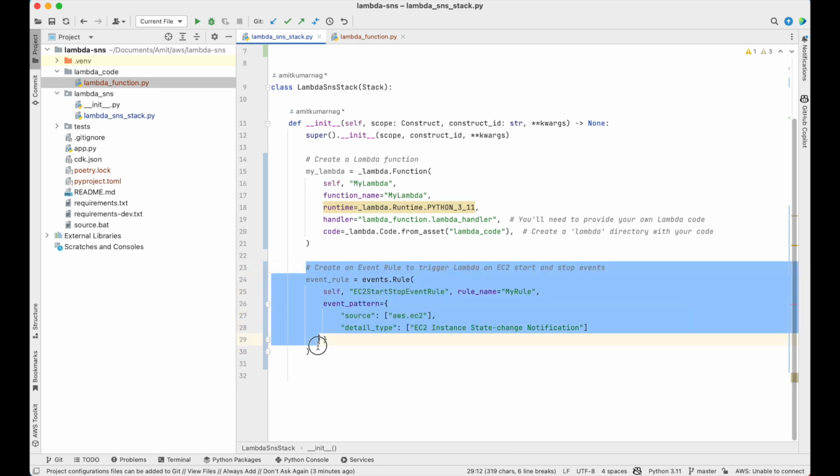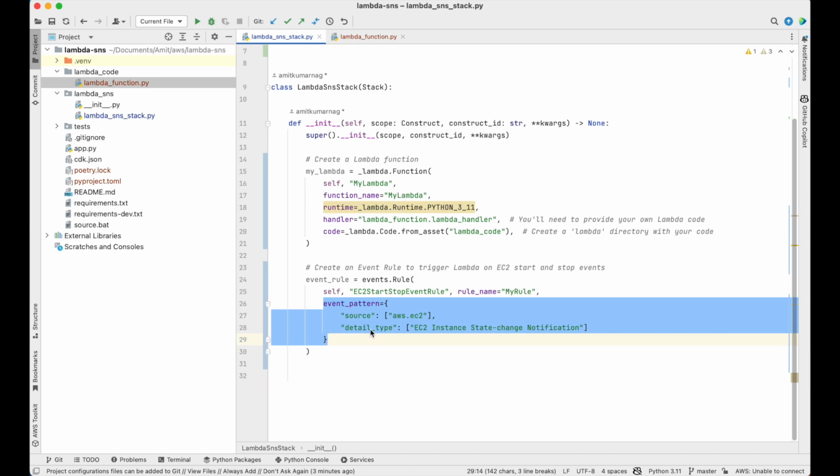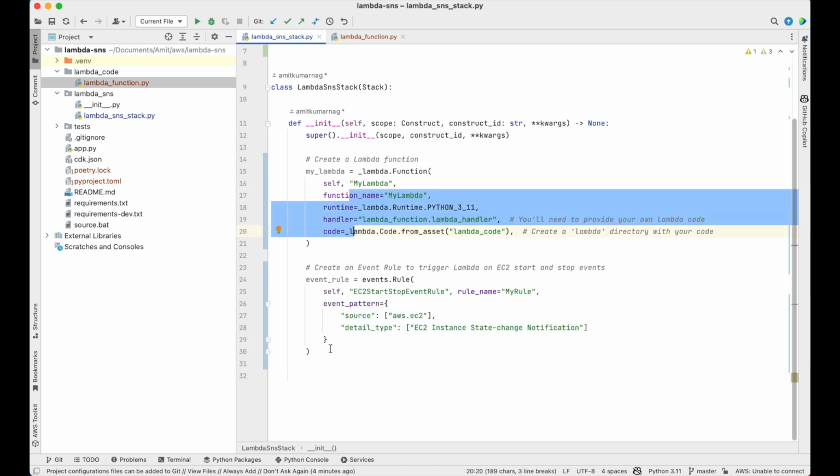Now the next part is what is the target of this rule. The rule trigger point we have defined, but then we have to define the target of the rule. If the event comes from this source and this detail type, the rule will capture that. Then what? Then we have to target something. So what will we target? We will target this lambda. For that we need one events target. So for that the code is